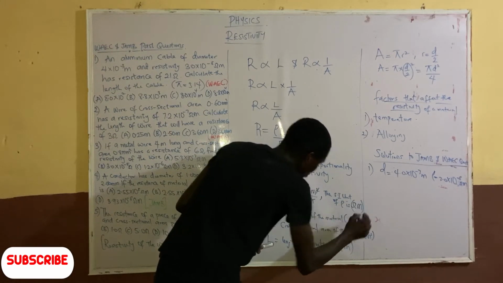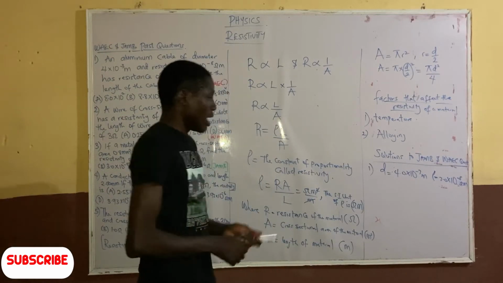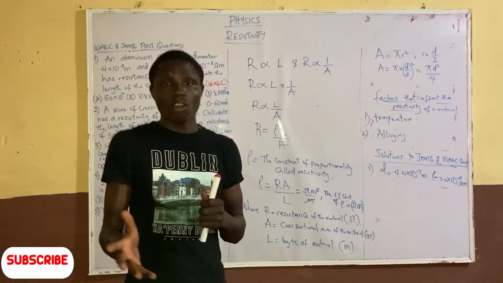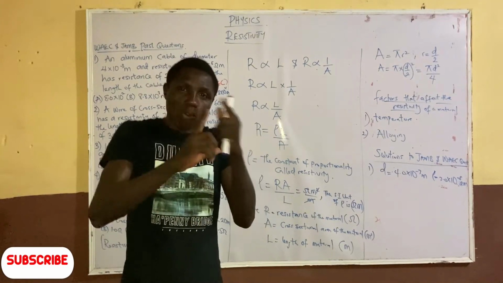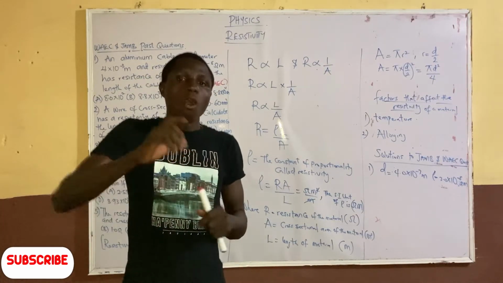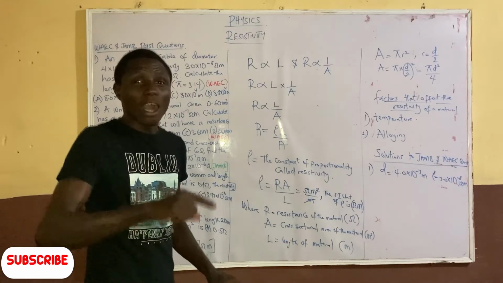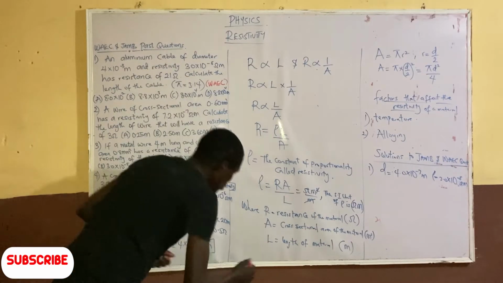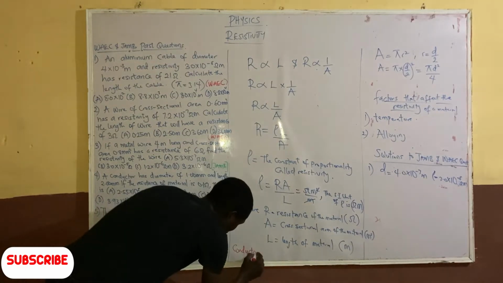So that's the unit. They might also ask you to calculate the conductivity of a material. When I'm talking about the conductivity of a material, it means the reciprocal of the resistivity. So if I want to calculate the conductivity of a material, I will have to find the reciprocal of the resistivity of the material. So in other words, conductivity is the reciprocal of